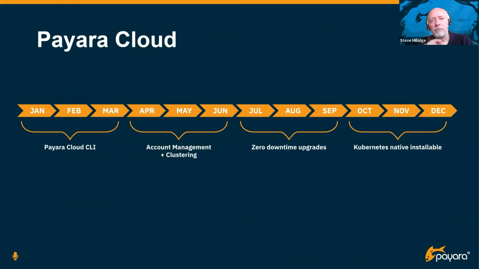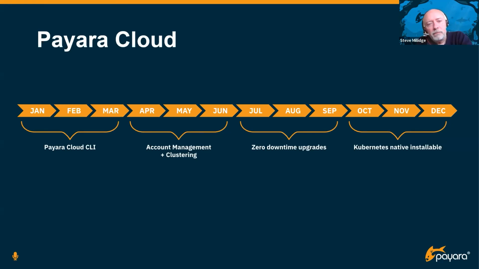So I wanted to go a little bit into the roadmap of this. This will ship in Q1. Also in Q1 on the roadmap for Payara Cloud, we should be shipping what we call the CLI, which provides interfaces to integrate Payara Cloud with DevOps and GitOps pipelines. Out of the box, the first release will likely be that you upload a WAR file and you can deploy it. As we move into the CLI, you'll also be able to integrate that upload into GitOps and DevOps pipelines. So that's the first major release after launch.